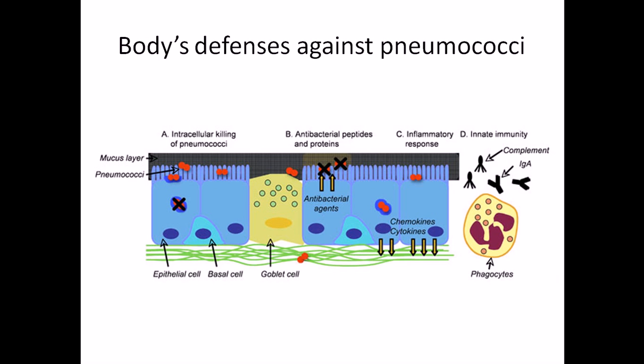That's the normal approach. But if this never happens, if the bacteria enters inside the cell and reaches the extracellular matrix layer, at that point they start to produce antimicrobial agents. Those antimicrobial peptides, antimicrobial proteins and everything, they start to produce them to degrade those cells, to control their growth and division. But if again it fails, then the third layer of response is also there, which is the inflammatory